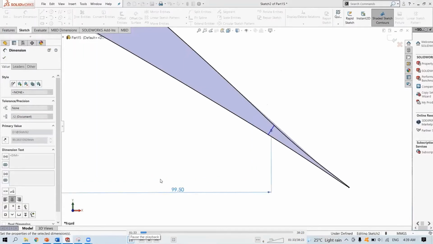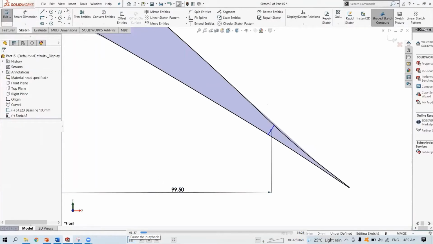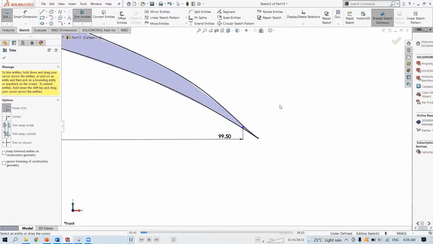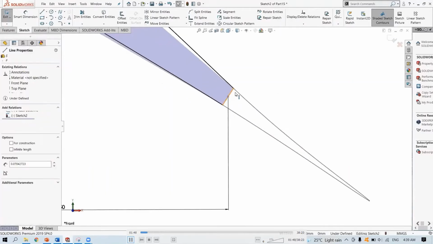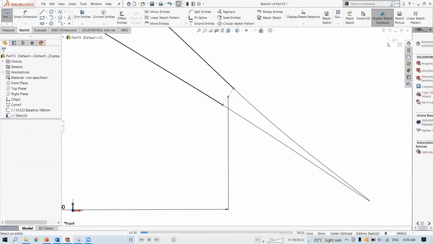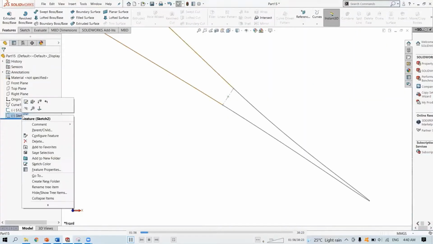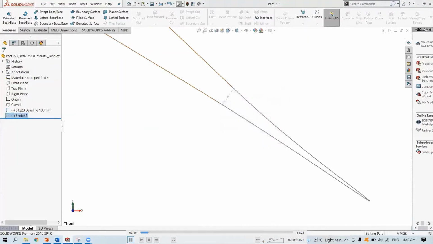Just a guess, it's okay. Just trim it off. There you go. Maybe just change this one into construction line. Exit the sketch. To make things neat, I'll just do different geometries at different sketches, just so that you can follow better.